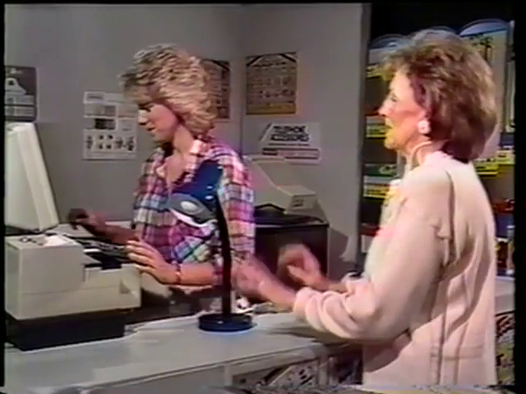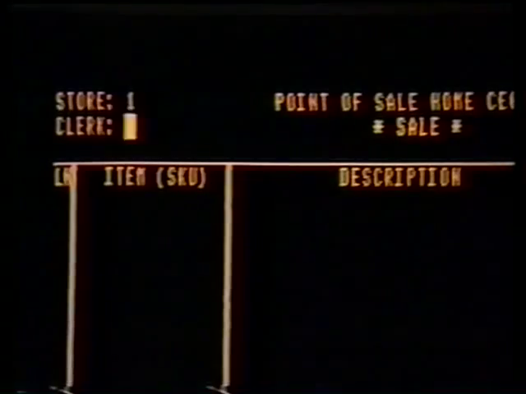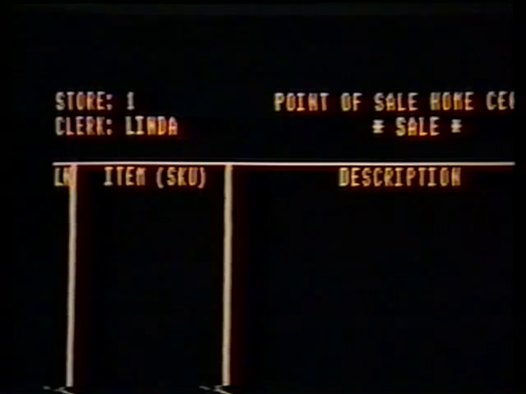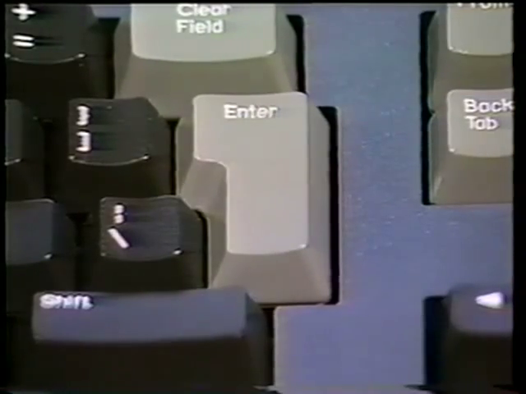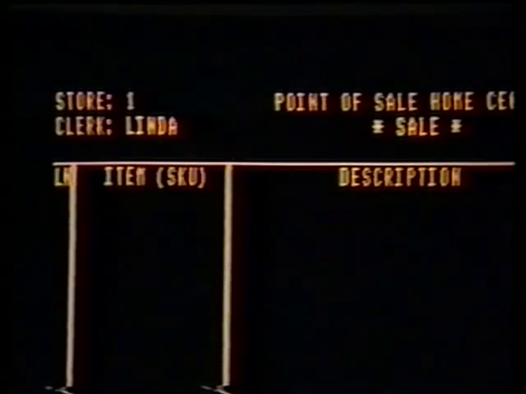Sure, no problem. To receive credit for a transaction, you first have to enter your username on the posting screen. So clear away another clerk's name by pressing Clear. Then type in the username previously assigned to you by your manager and press Enter. If the Triad recognizes the name as valid, the cursor skips to the Item SKU field at the bottom of the screen. The system now waits for you to enter the SKU, or stock keeping unit number, of the item